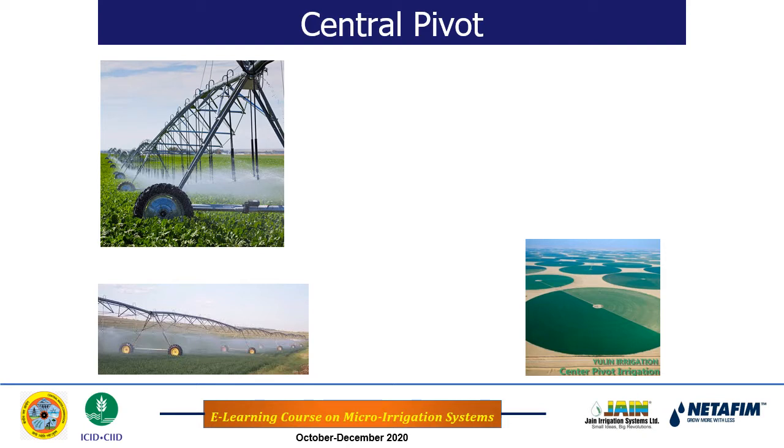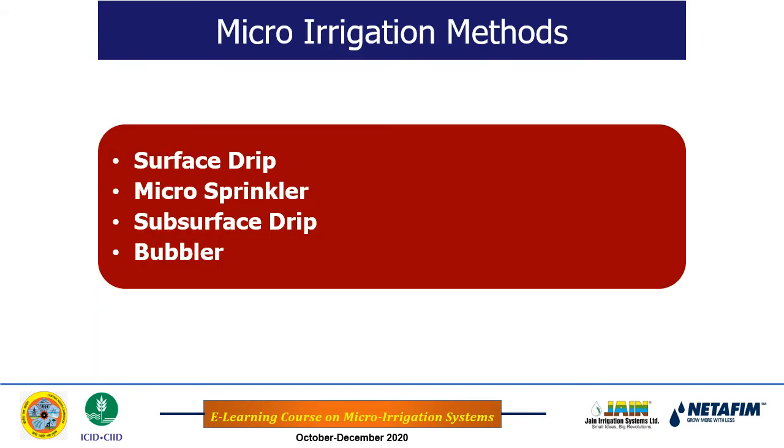The second is the mini sprinkler. Third is the rain gun, and fourth is the central pivot. All these four sprinkler irrigation systems have peculiar characteristics, and depending on the need, we can adopt those irrigation methods. Now, let us move to the micro irrigation methods,